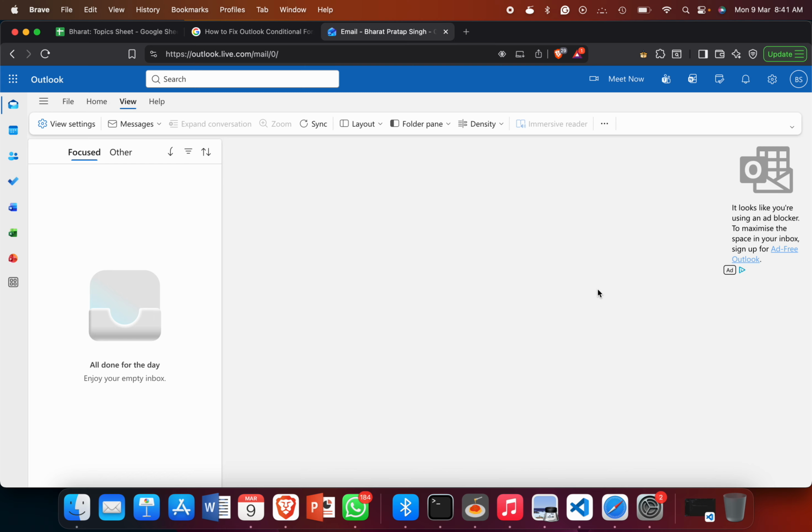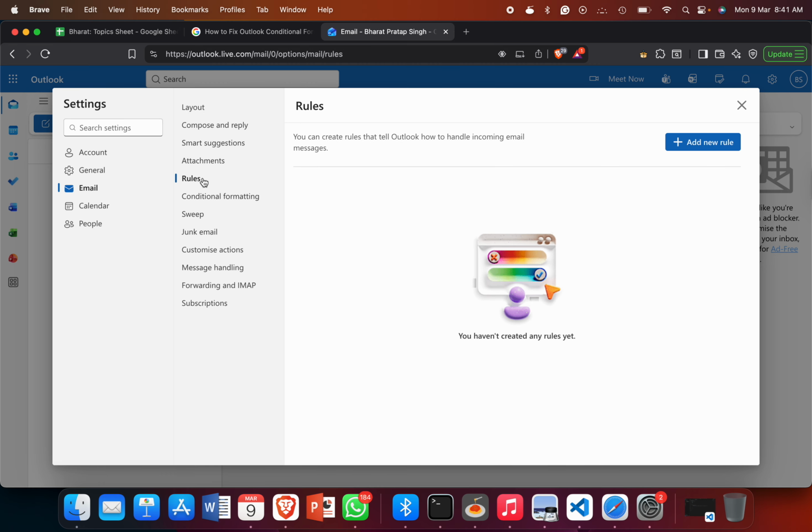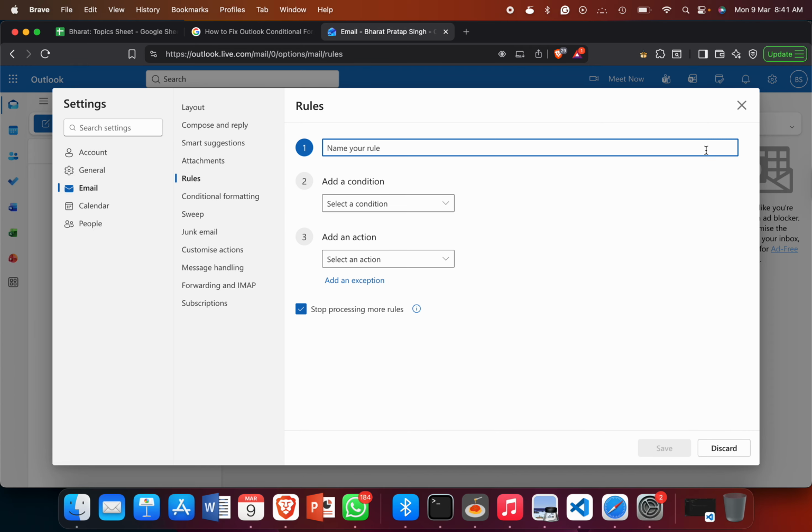To fix this issue, first of all, delete all your conditional formatting rules and recreate them. For this, simply go to Home, then go to the option of Settings. In the Settings section, go to the option of Rules. Here you create new rules,